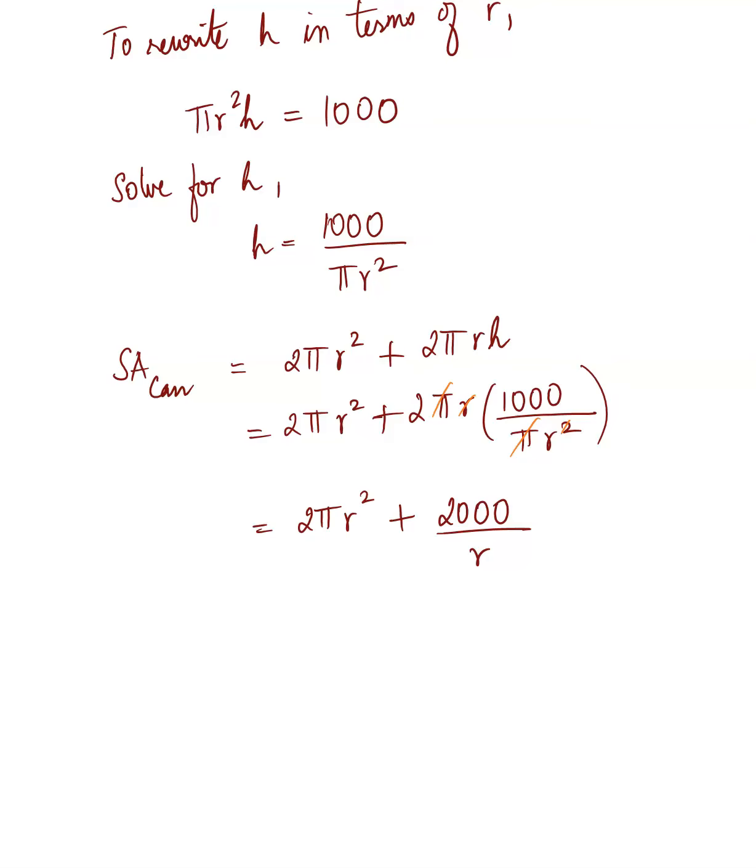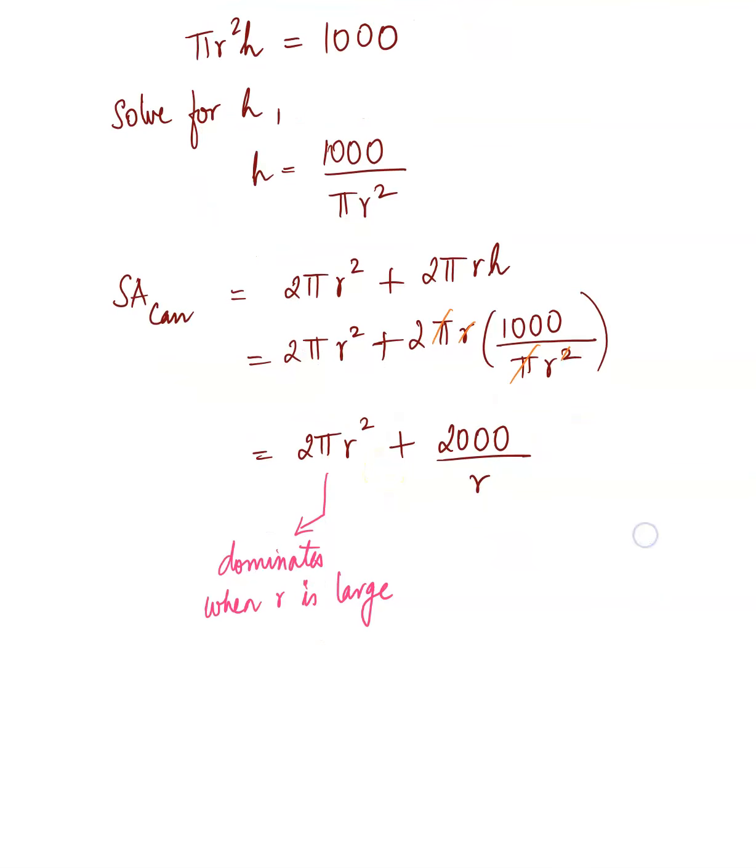So what we begin to identify is that you have two terms. The first term has r squared, and the second term has r in the denominator. So this term, the 2 pi r squared, will dominate when r is large, isn't it? When r is large, then this fraction will become really small. So this is the term that will dominate. And when this term dominates,